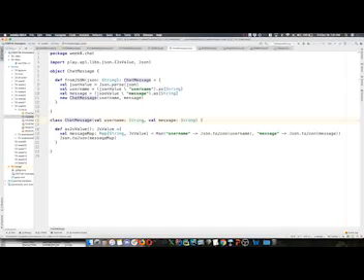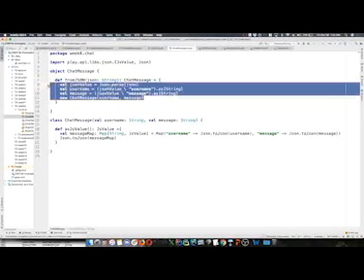I could have some really hacky way to do it. Give message a default value of empty string, and then check if message equals empty string, parse the username as a JSON string. It'd get pretty gross, though. So what I can do is create a chat message object, create a method in here that actually creates and returns a chat message for me, and kind of use this as a second constructor to be able to create chat message objects. So if I get a JSON string with this fromJSON, parse the JSON and create a new chat message and return it,